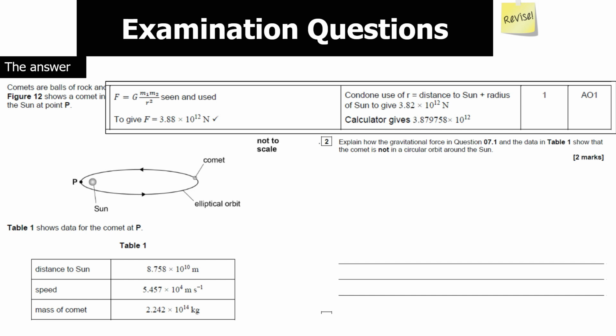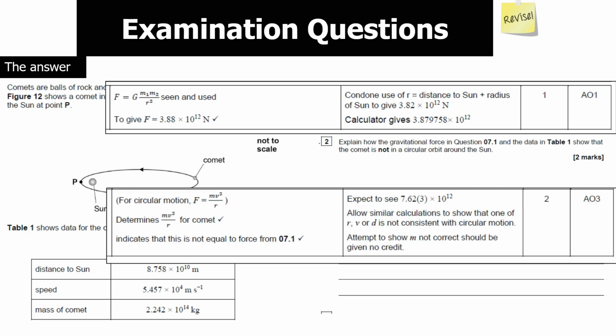Now the second one is asking for you to comment if it's in a circular orbit or not. You've already done a topic on circular motion for paper 1, and you know the standard equation to work out the centripetal force for any object going in a circle. So you can have either F equals m omega squared r or F equals mv squared over r. Table 1 gives you v, so you should be using the equation F equals mv squared over r. Work it out and you should find that the two forces are not the same. That tells us that the gravitational force is not acting as a centripetal force, so therefore it's not in a circular